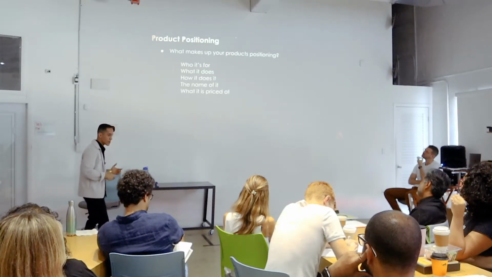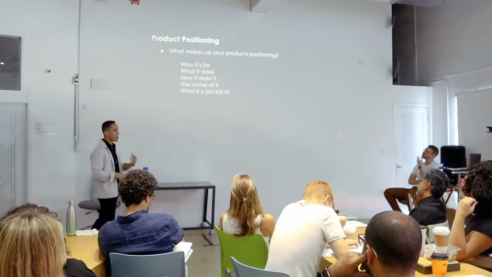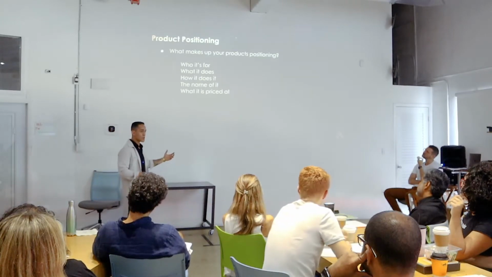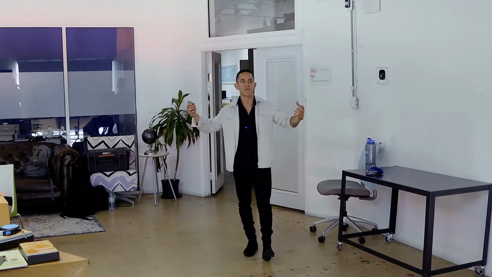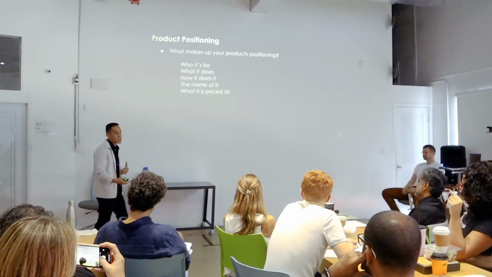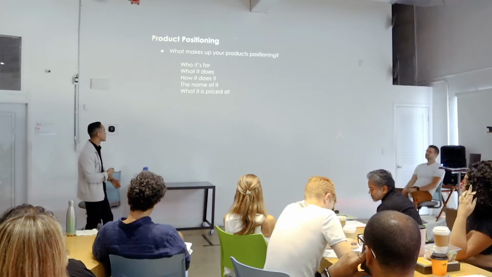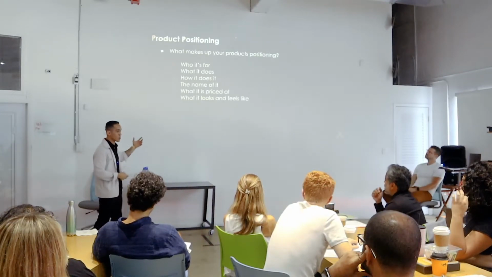What it's priced at. So Colgate's actually way cheaper than the other toothpaste. You probably buy that for $2 versus the other one's like $5 or $7, right? But someone that has a value system where they care about their health, they're probably in a different income bracket. And the price also says a lot about the product, you know? So price is important, what it looks and feels like.